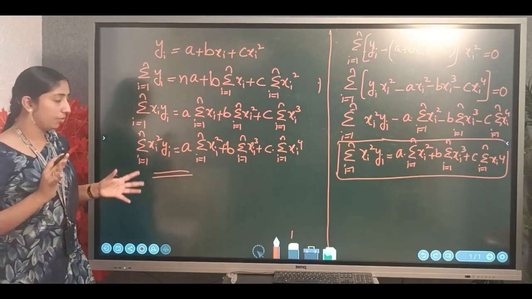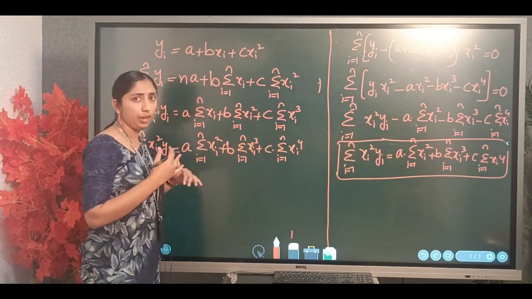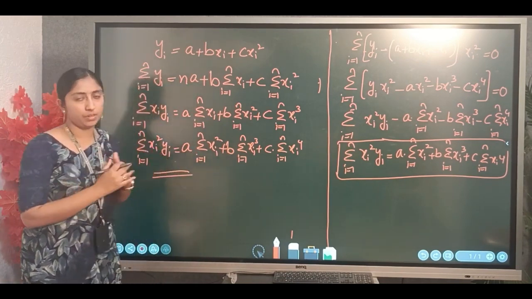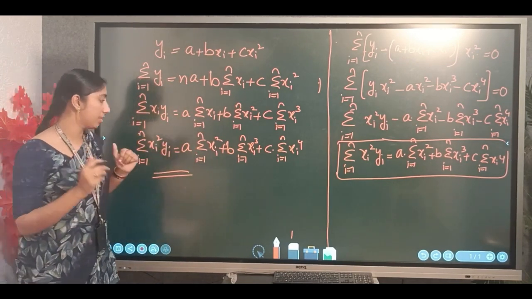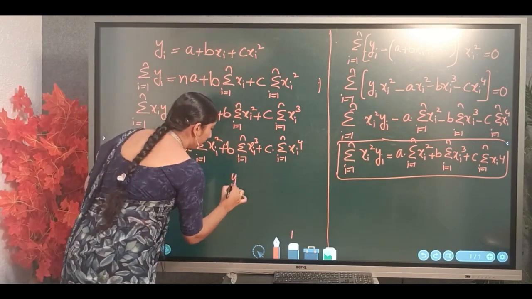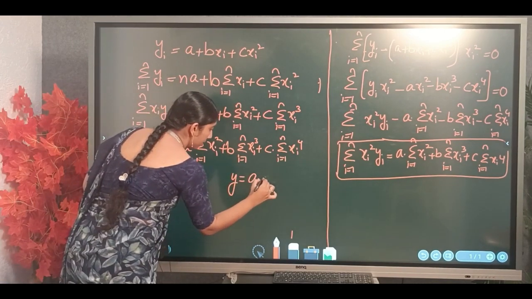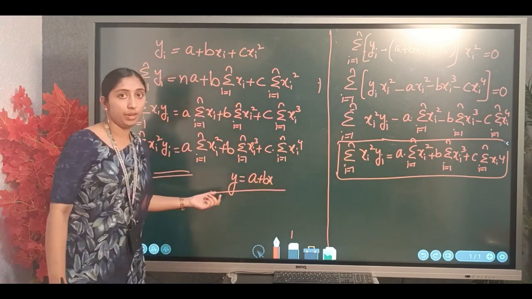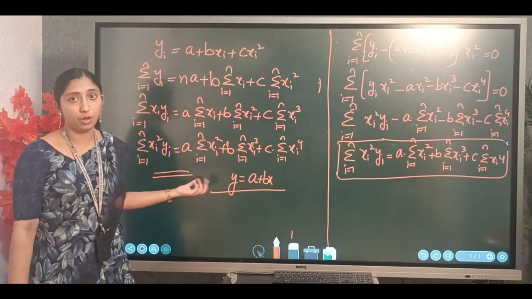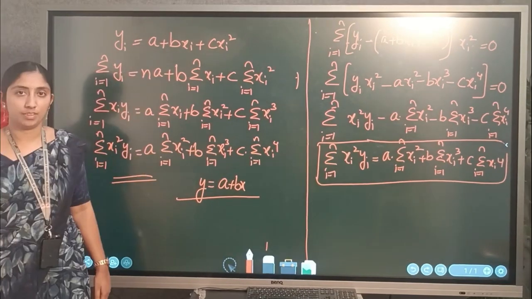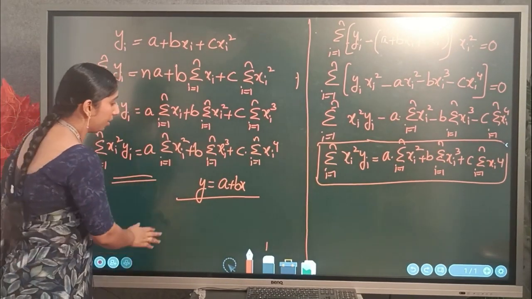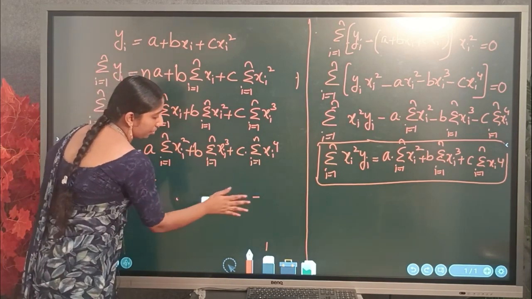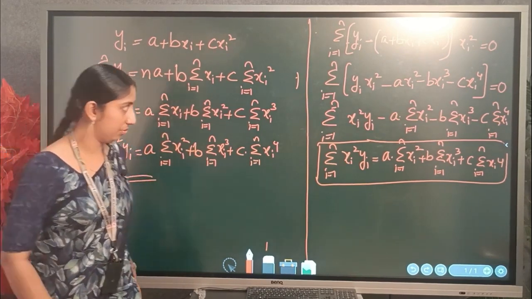And now your assignment is, I have found the normal equations for a parabola, and you have to find the normal equations for a straight line. Clear? I have already written here y is equal to a plus bx, which is the form of a straight line. Okay, here is your assignment. Before doing this assignment, you have to